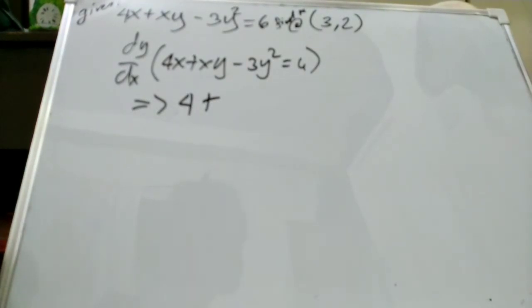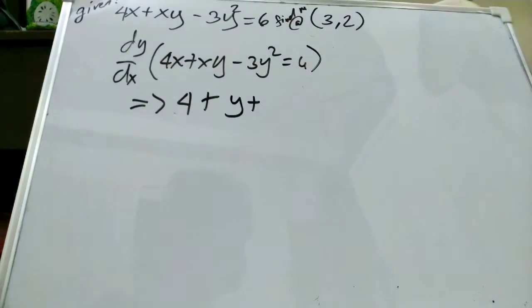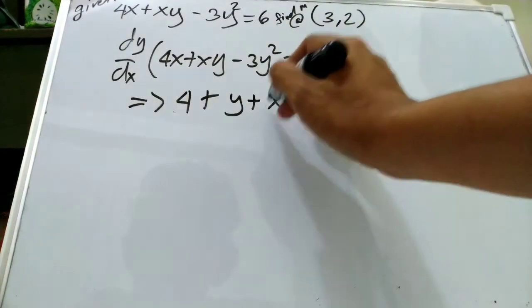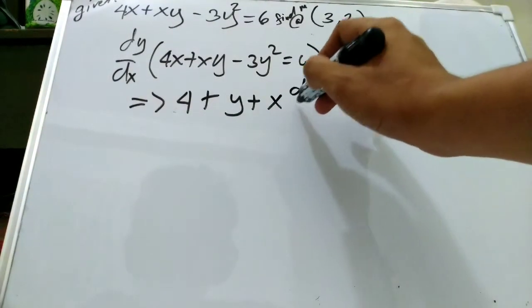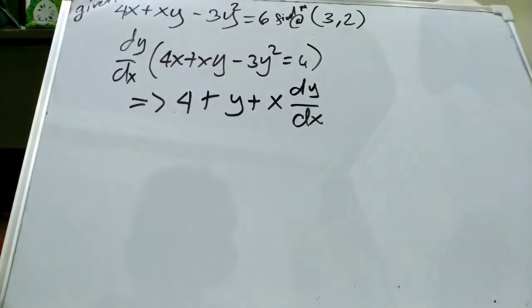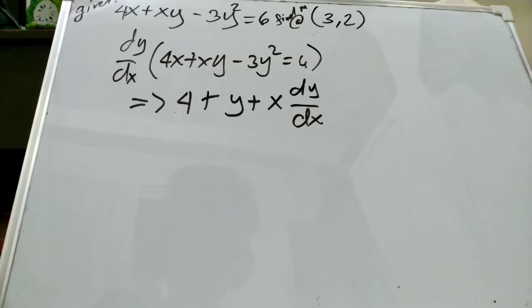The derivative of a product is the derivative of the first term times the second term plus the first term times the derivative of the second term. So, the derivative of x is simply 1 times the second term, which is y, plus the first term times the derivative of y. We write it as dy dx. Okay, and then